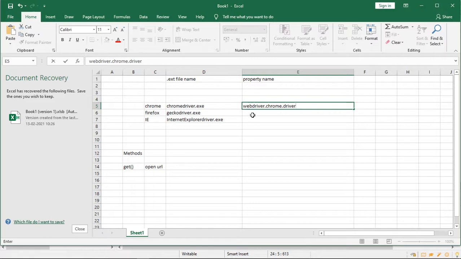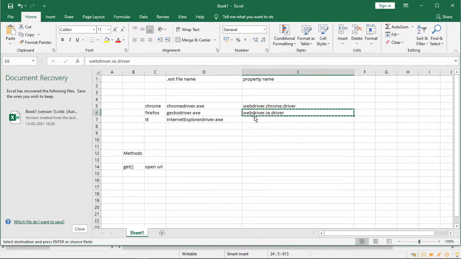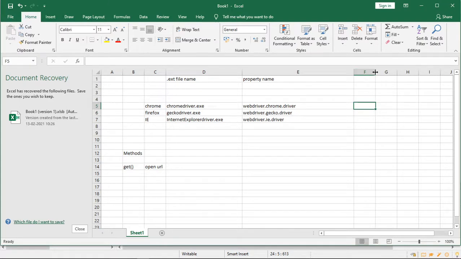And if I talk about Firefox, webdriver.ie.driver. This is the property. Sorry, not I. I is for the third one. And if I talk about Firefox, the property name is driver. Right, and let me write the classes as well. What are the class objects we have to create?